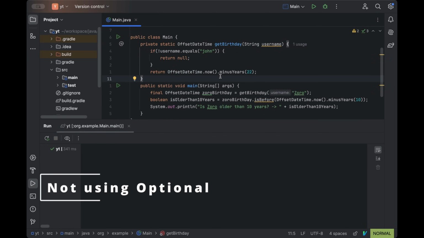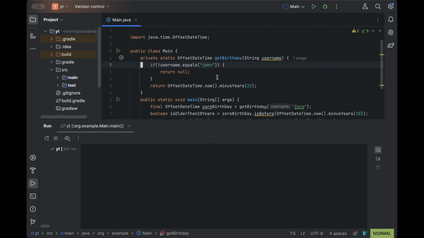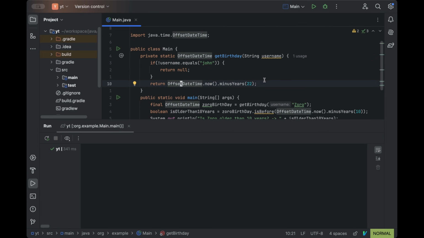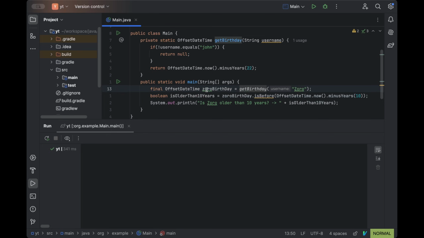In this case, I have this method called getVerifiedDate. This method receives a username and it returns null if the user is not found, otherwise it returns an OffsetDateTime. So the issue with this method is that I'm doing operations over the result that may be null. And the only way for me to know that this method returns null is by taking a look at the